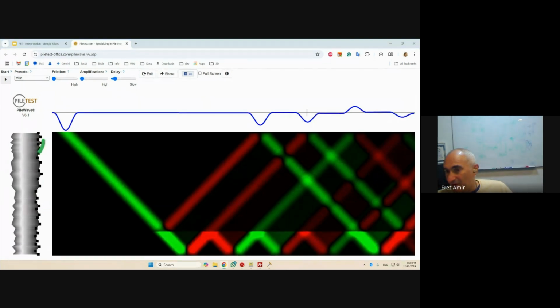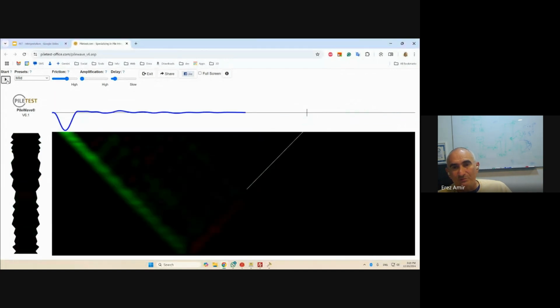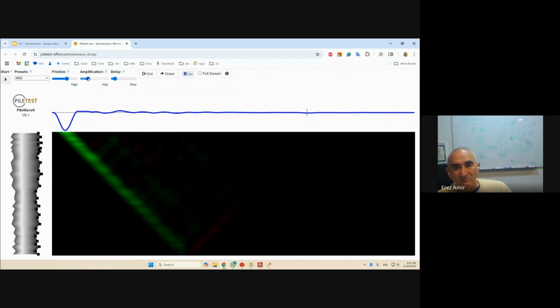Okay, very jagged. The second thing is that gravel has a very good grab, a very high friction. So it's going to look like that. And then when you combine the two, you're going to get a very noisy signal. And if we get more friction, you're going to have to use more amplification. And the more amplification you use, you also amplify all these little